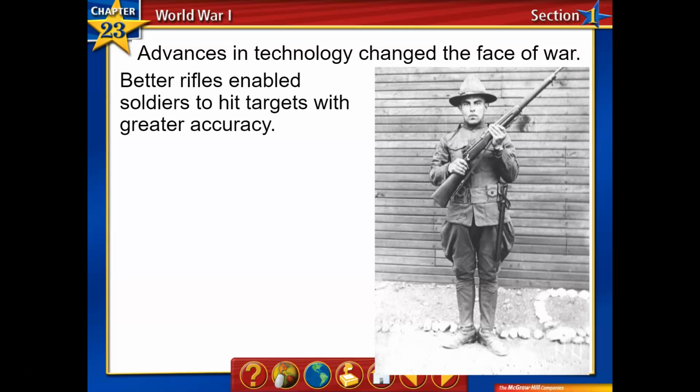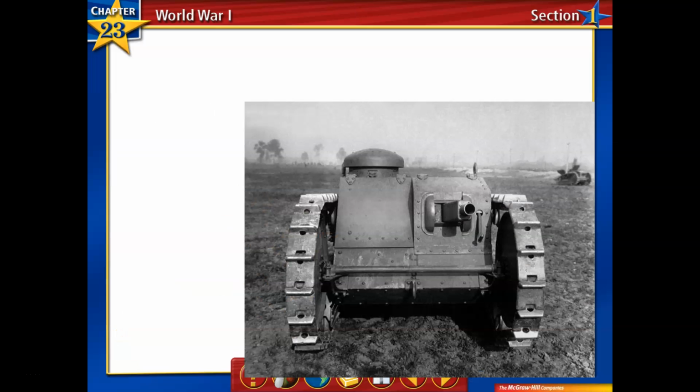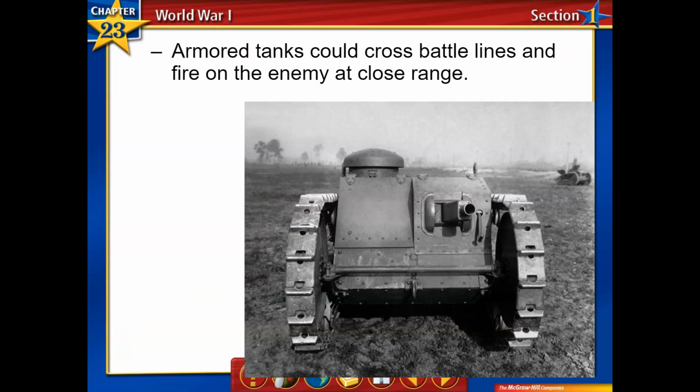You're going to see better rifles. You're going to have better accuracy for soldiers. You're also going to see the introduction of chemical warfare, particularly mustard gas in World War I. And that poison gas could kill or injure people, but it was also quite volatile. Any change in the wind, and you could go from a weapon that is being used to attack your enemy to one that could be used against you. So gas masks were certainly a part of this too.